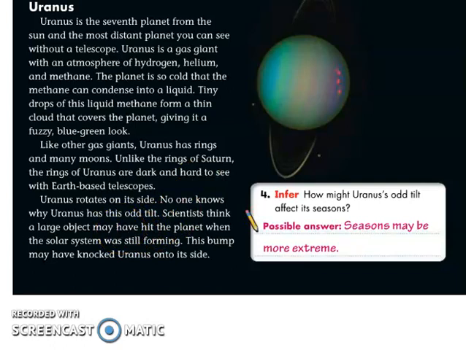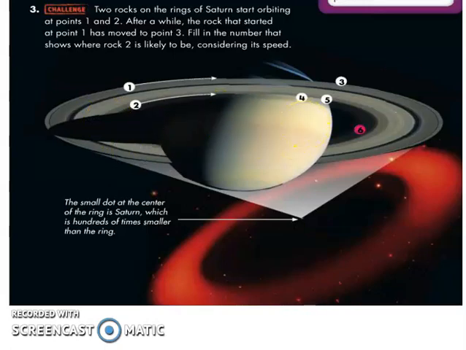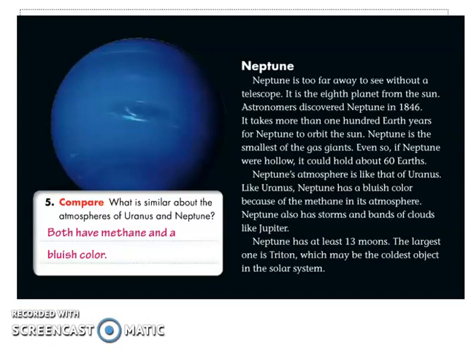Another information for Uranus is this one. Blue in color, it's because of the methane gas. It orbits 84 years. Imagine, it's too long. And then it rotates sideways. So Saturn, it rotates this way. But Uranus, it rotates in this way. And then the temperature is negative 250 Celsius. No one could live in this kind of temperature. At the same time, methane is what? It's a dangerous gas to our health. The next planet is